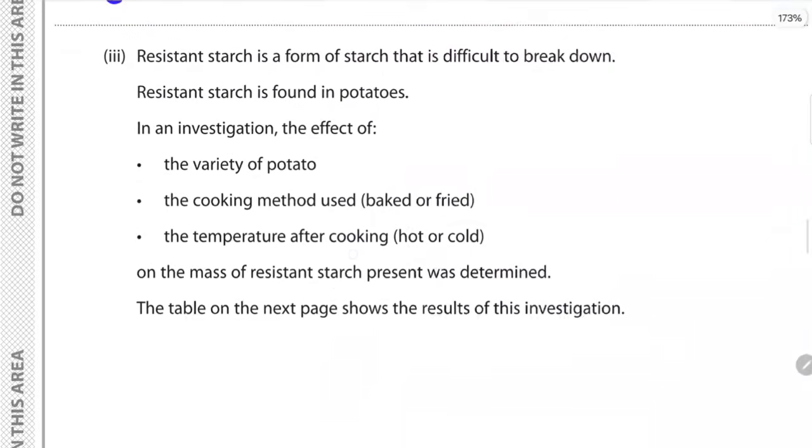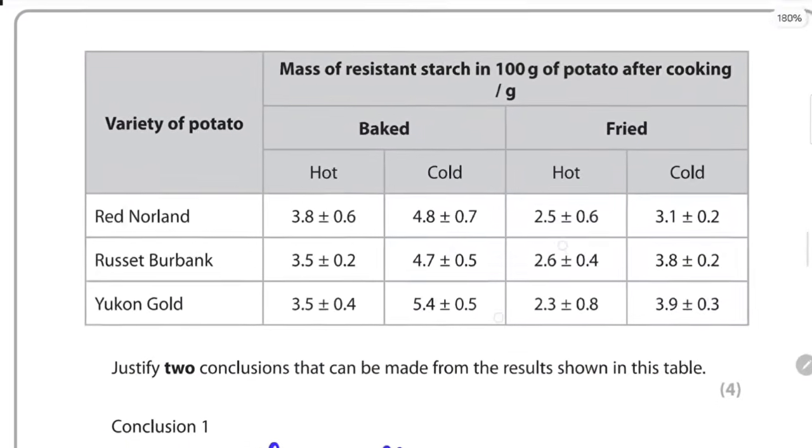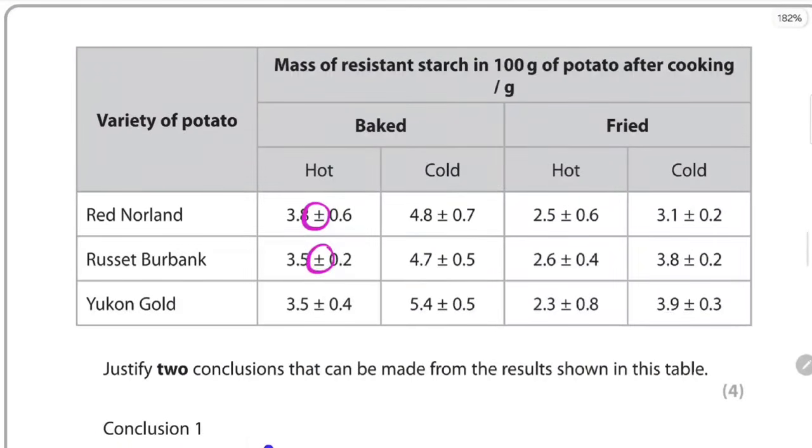Resistant starch is a form of starch that is difficult to break. Resistant starch is found in potatoes. In an investigation, the effect of the variety of potato, the cooking method used, and the temperature after cooking on the mass of resistant starch was determined. The table on the next page shows the results of this investigation. I can see that I have lots of standard deviation values, and this gives me a hint that I'm going to use them. For now,